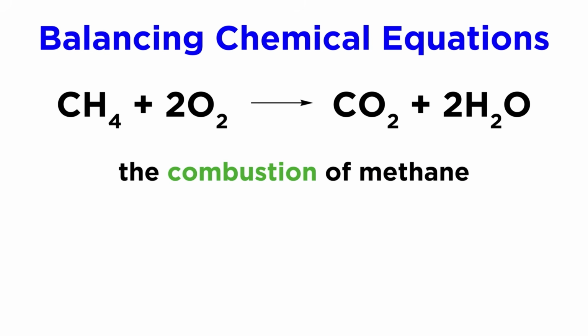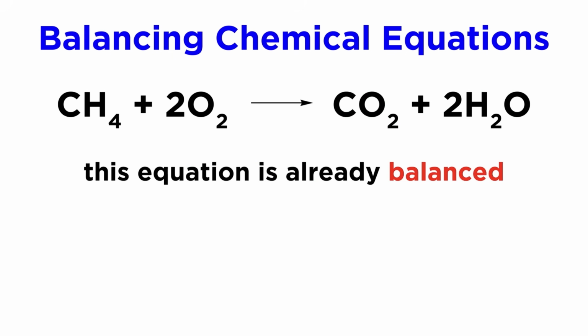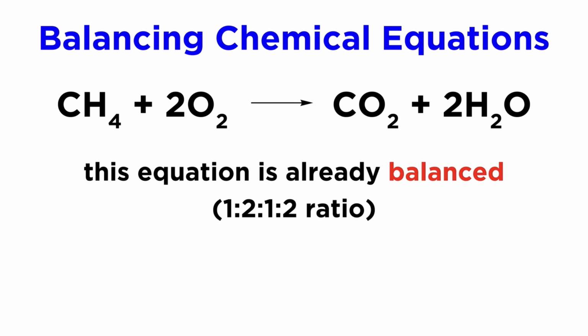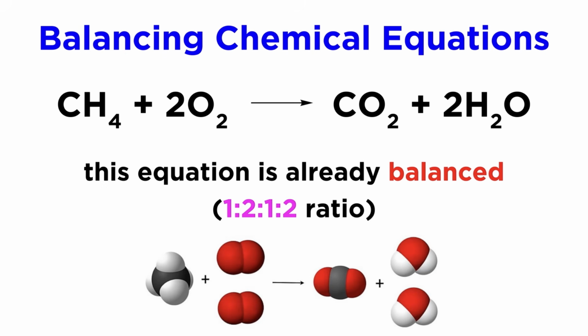For an example of a balanced chemical equation, let's look at the combustion of methane, or CH4, which is just a fancy way of saying that methane reacts with oxygen to produce carbon dioxide and water. Combustion will always involve oxygen as a reactant and these two products. This equation is already balanced, which means that each substance has a coefficient to its left, indicating how many molecules of that substance there are, although if the coefficient is 1, it will be omitted. We can see that the coefficients are 1, 2, 1, and 2, because these are the number of molecules we will need of each substance in order to ensure that there are the same number of atoms of each element